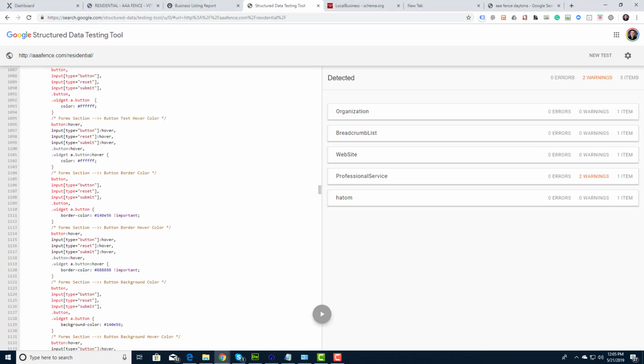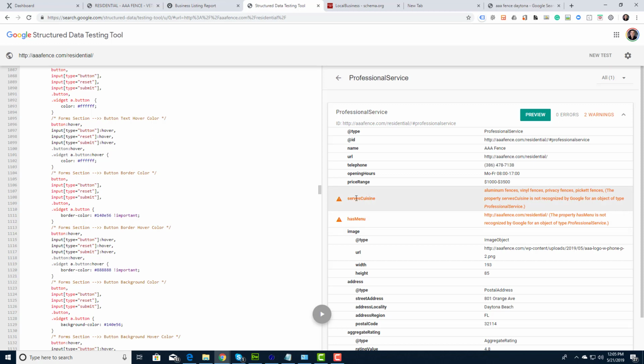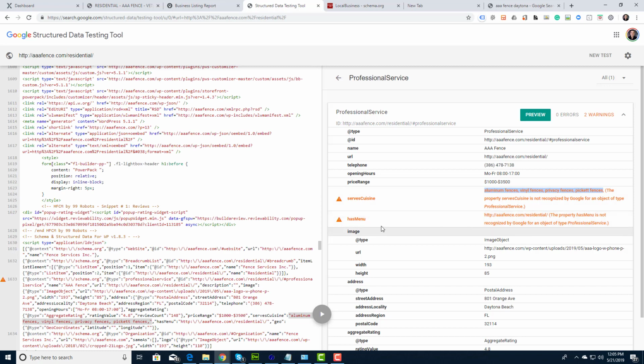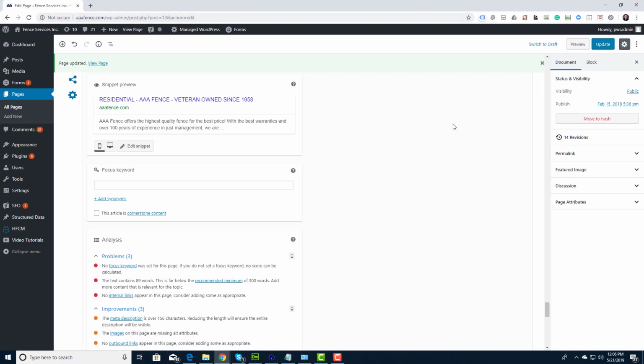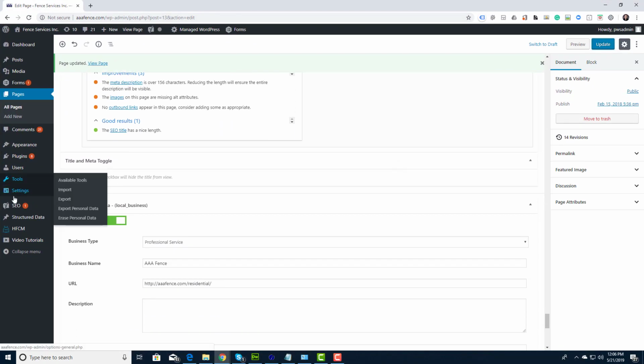Okay, so I'm back. I finally got this thing working. It gives 2 warnings for professional service, but I'm actually okay with that. Somehow it has restaurant information, but still it's putting in keywords for the different types of services, which I like. So I'm okay with the warnings because it's not showing errors. And so now it's showing all this, and if I bring over the web page, this tool that I use, this structured data,